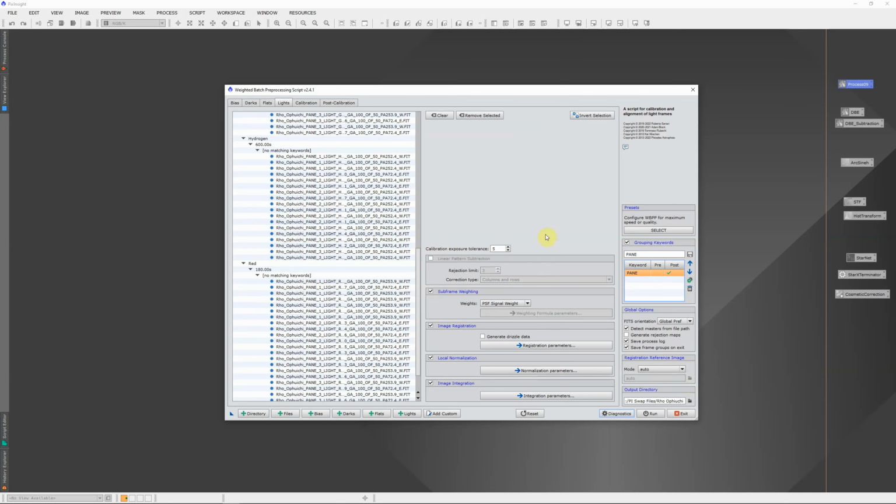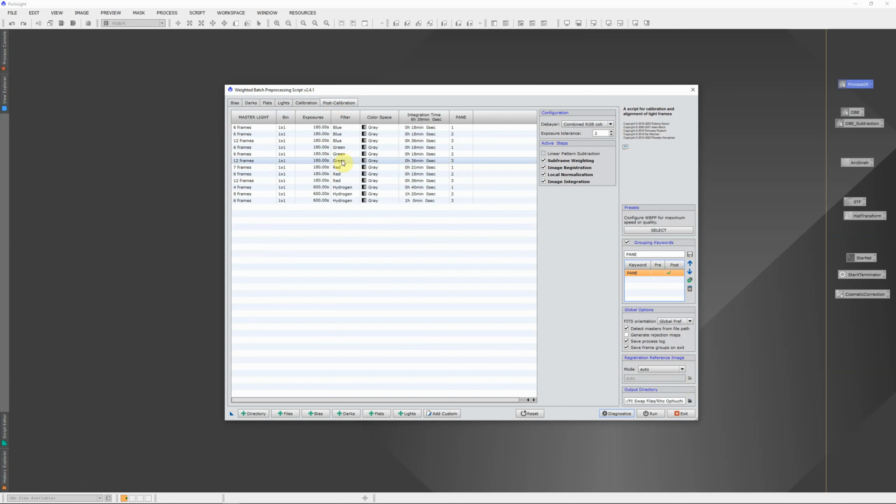And then the last thing I want to do, if we look at the post calibration, we can see that we've got all the red, green, and blue here, but I really want it to be grouped by pane. And what that's going to do, now I have red, green, and blue for pane 1, pane 2, pane 3, pane 1, pane 2, pane 3. So the end result is going to be actually 12 files, 3 for red, 3 for green, 3 for blue, and 3 for hydrogen. And then I can take all of those, process them through my usual process of dynamic